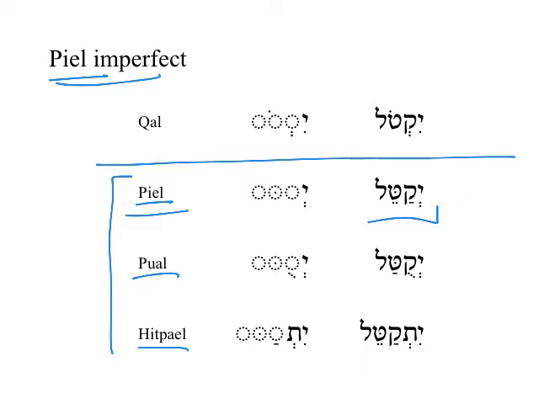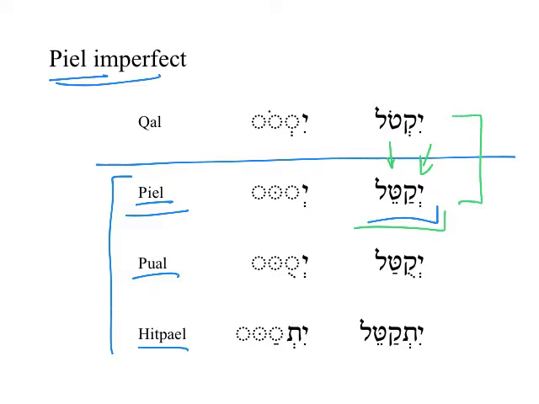Now, as we've noted previously, under the prefix pronoun, the shva is the main indicator. A secondary indicator is the dagesh that we see throughout this family in the middle, in the ayin letter. And so the sense of the Piel is he will slaughter, just a little bit stronger when there's both a Kal form and a Piel form.